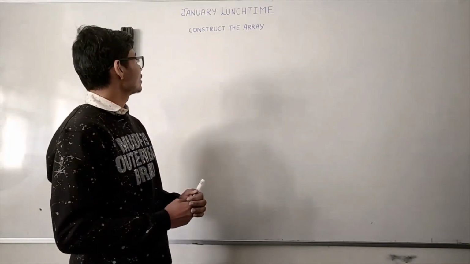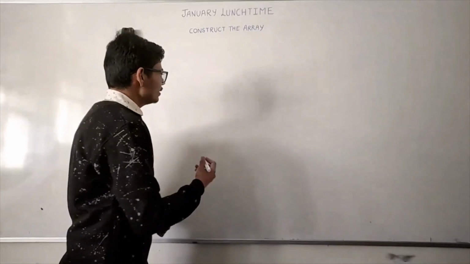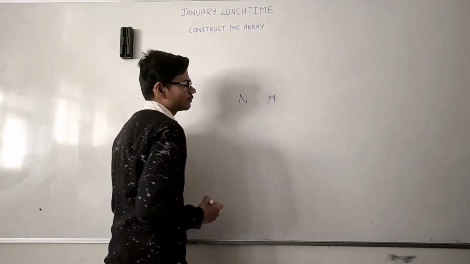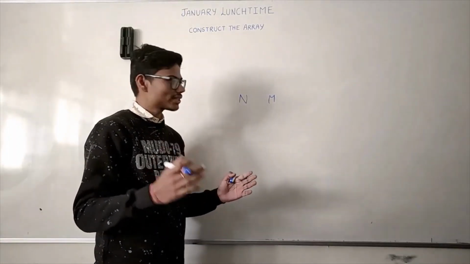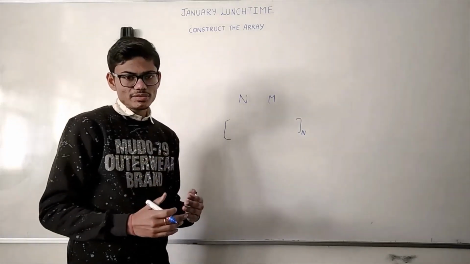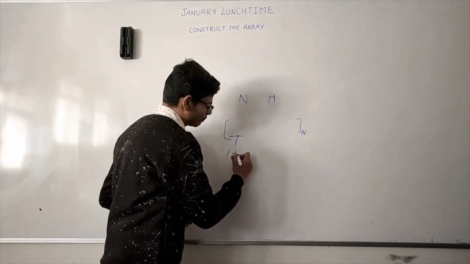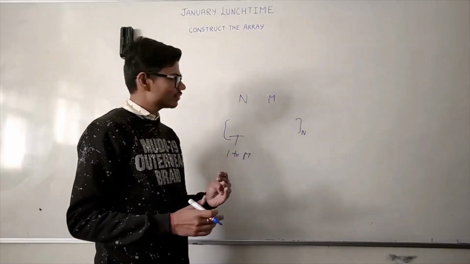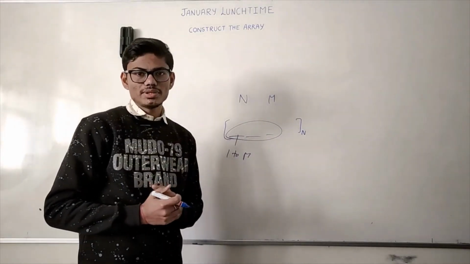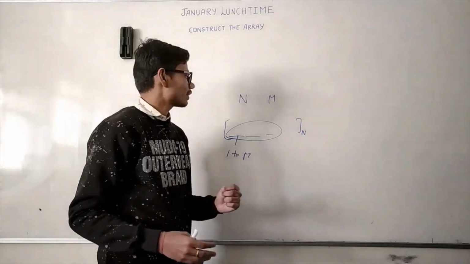And today we are going to discuss a question from Codechef, and the name of the question is construct the array. In this question, we are given two integers m and n, and we have to construct an array of size n in which each element of this array can be in the range from 1 to m. And the condition of such kind of an array is no three elements of this array could be same. And we have to calculate the total possible combinations of this array we can make.